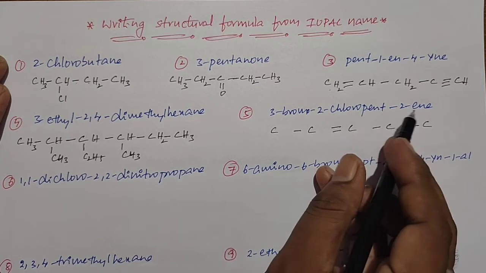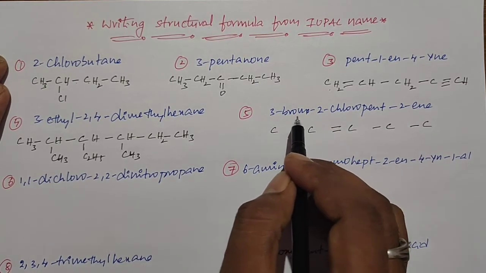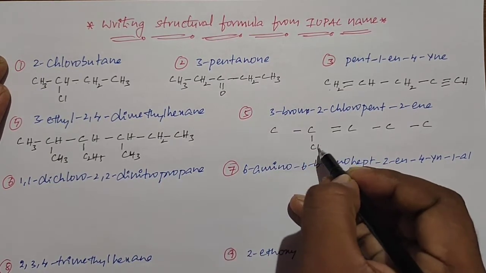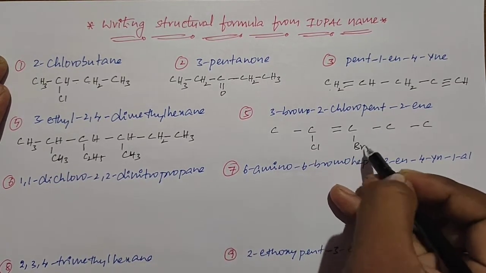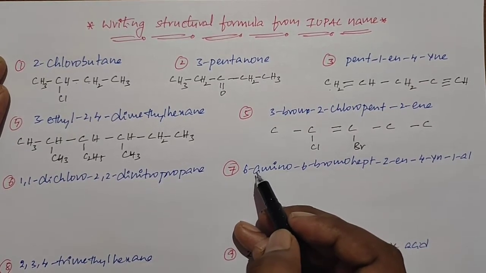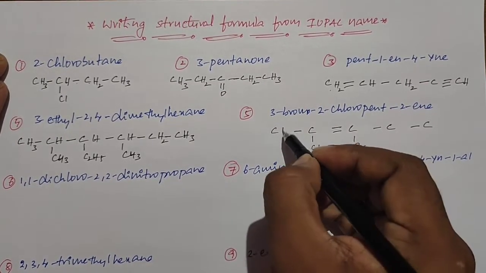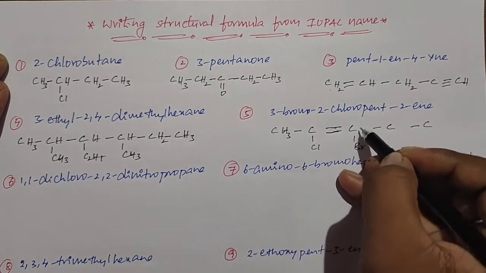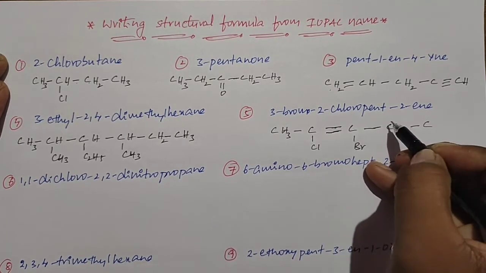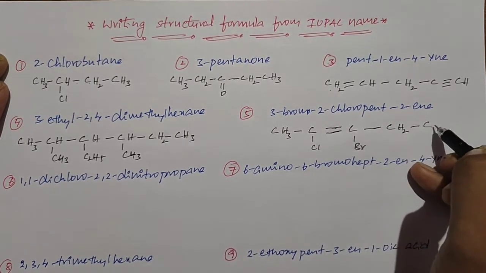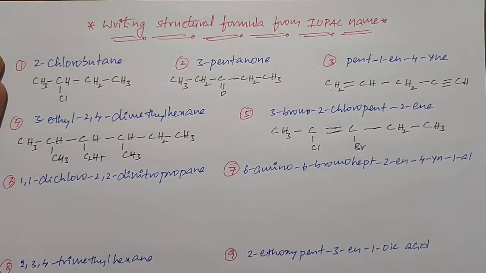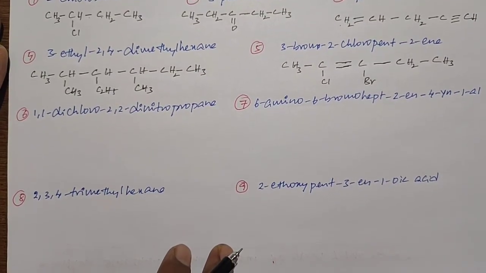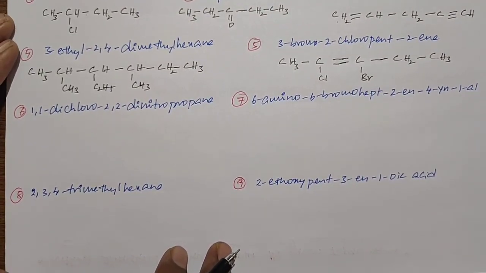Okay. Next, here the secondary suffix is not present. Secondary prefixes are there, 2 prefixes, 3-bromo and 2-chloro. So 1, 2. At the second carbon we have the chloro, at the third carbon we have the bromo. So we just keep all things. Now we satisfy the remaining valency with the hydrogens. Here 3. Here 4, tetravalency is satisfied, so we don't need to keep anything. Here also tetravalency is satisfied. Here 2 and here 3 hydrogen atoms. Okay, like this.